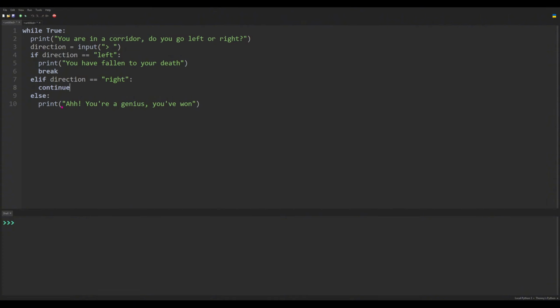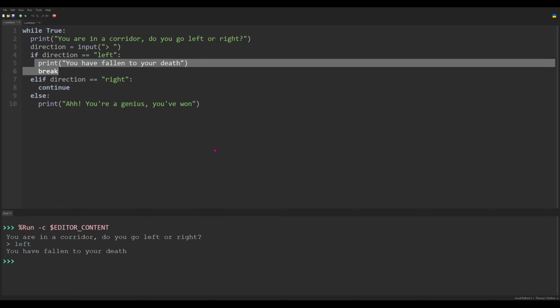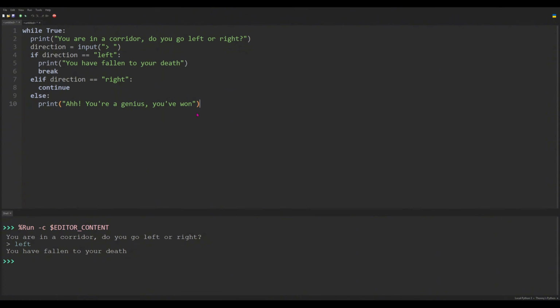So say, yeah, let me show you. So if we put right, it goes straight back to the top of the while loop. Whereas if we had left, it'll go out of the if statement and just print. And that's pretty much about it for that command,